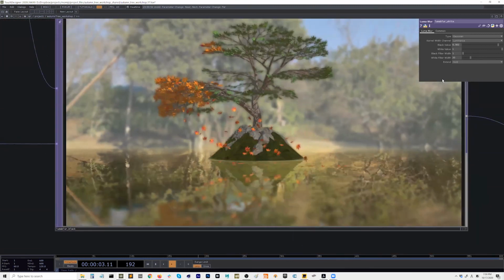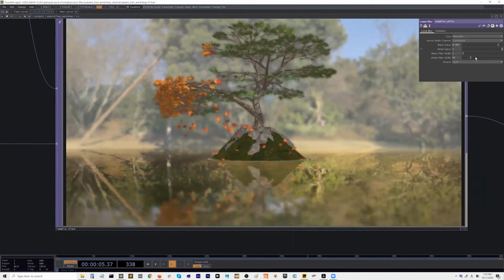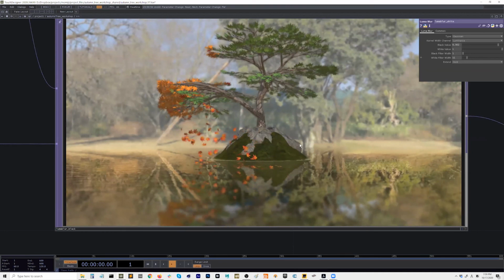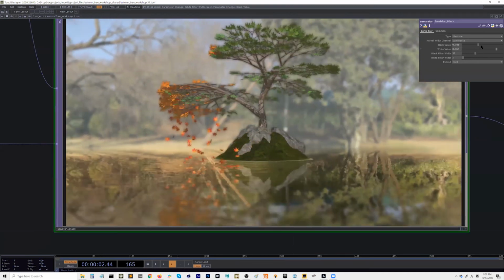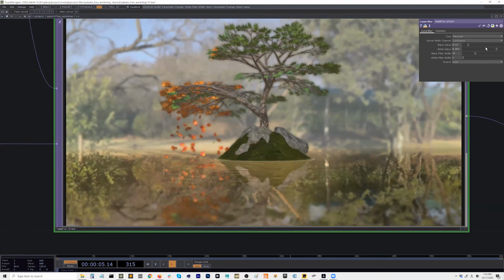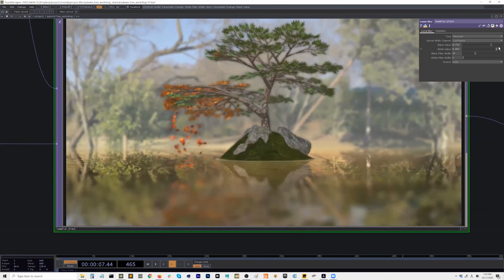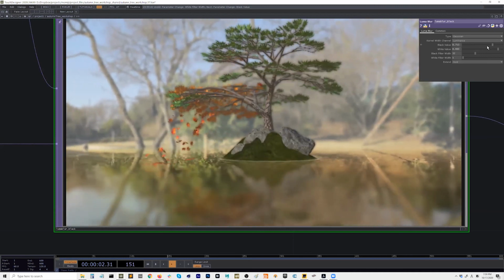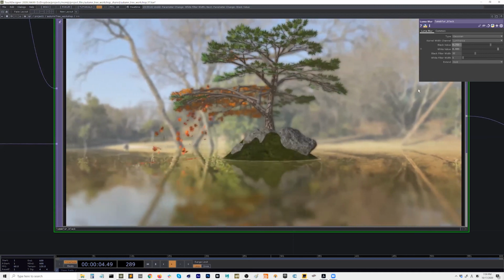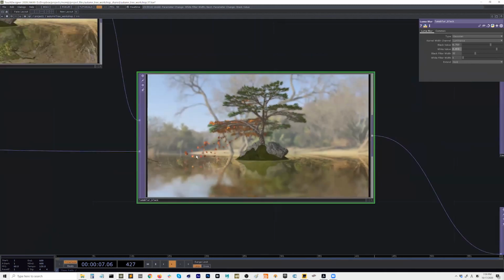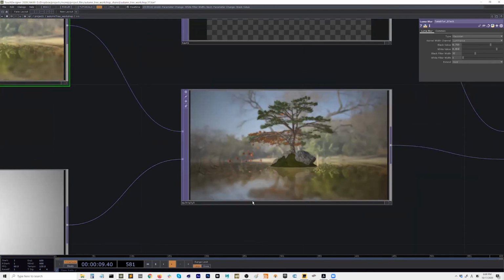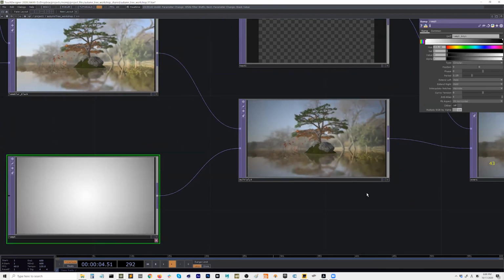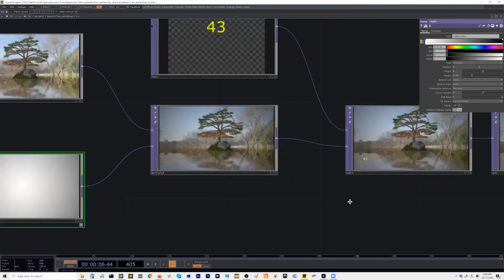So that's the darker part, and this is how much blur it is. Wait, I'm sorry, I'm still selecting the other one, this one. So this one is how far you see it's going. So that's how you add a nicer depth of field, and I just added a little ramp to add a little vignette to the final image here.